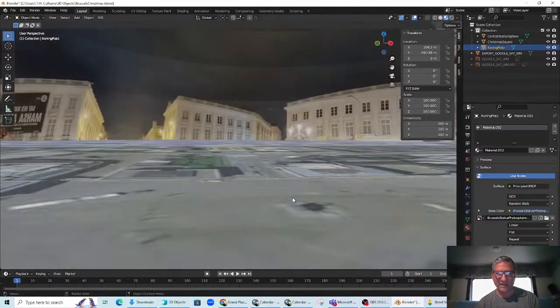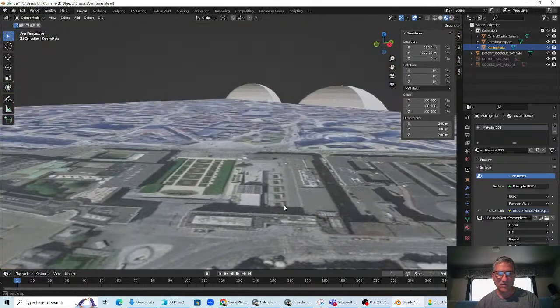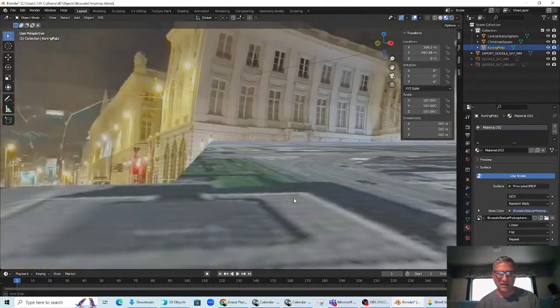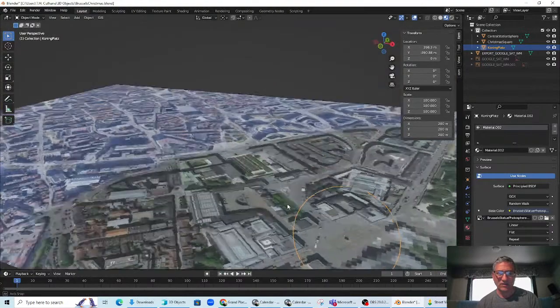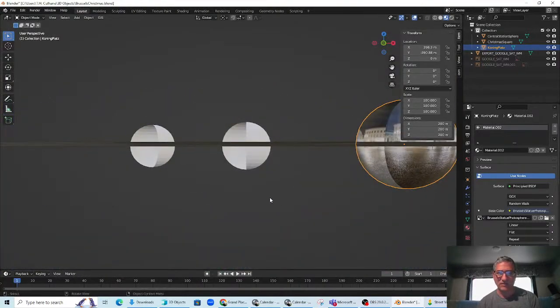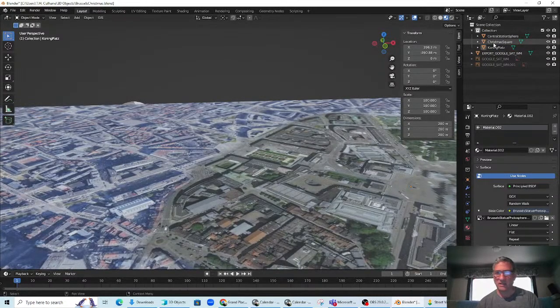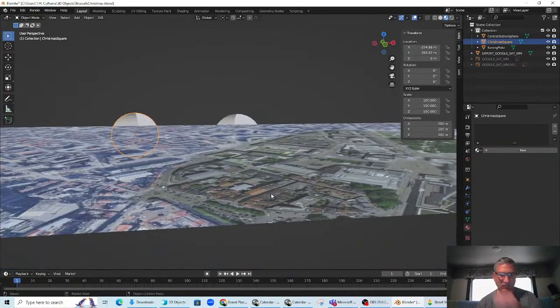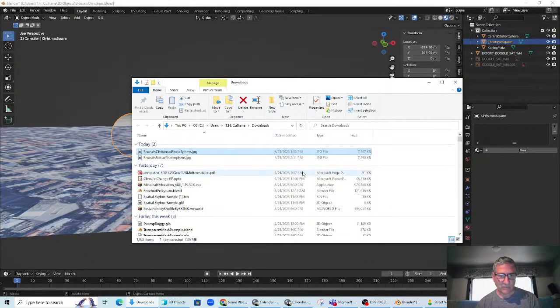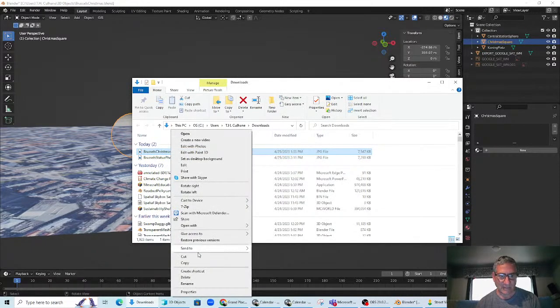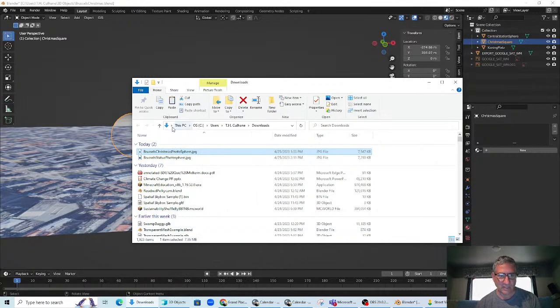All right, so when we get inside the sphere, it doesn't have to be perfect here in Blender yet, but that gives us the ability to add that part to it. Now, as for the Christmas square, which is here, that sphere, I have the image. Let me find the image. Where did I put it? It is the Brussels Christmas photo sphere, and I'm going to cut that and put it into